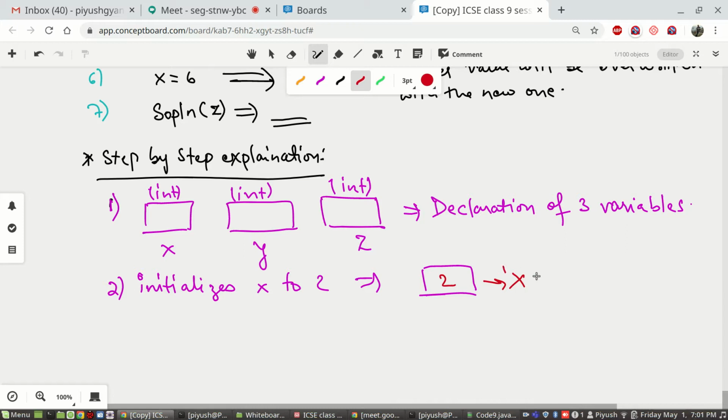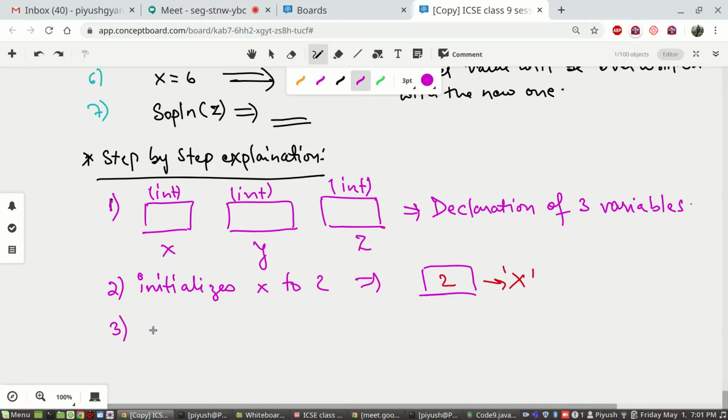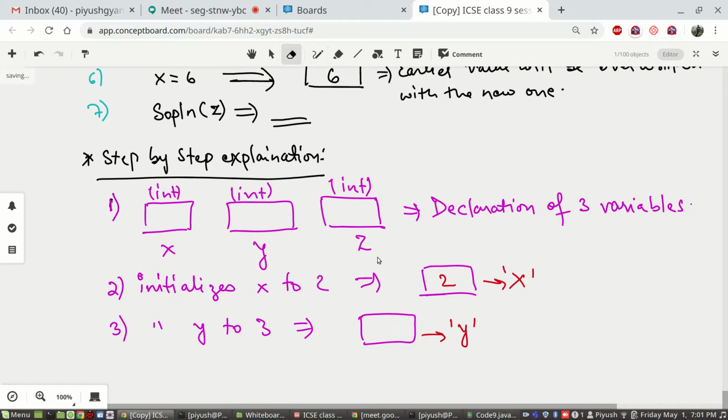The third statement will do the same thing, initializing y to 3. The memory location with the label y will get the value 3 inside it.